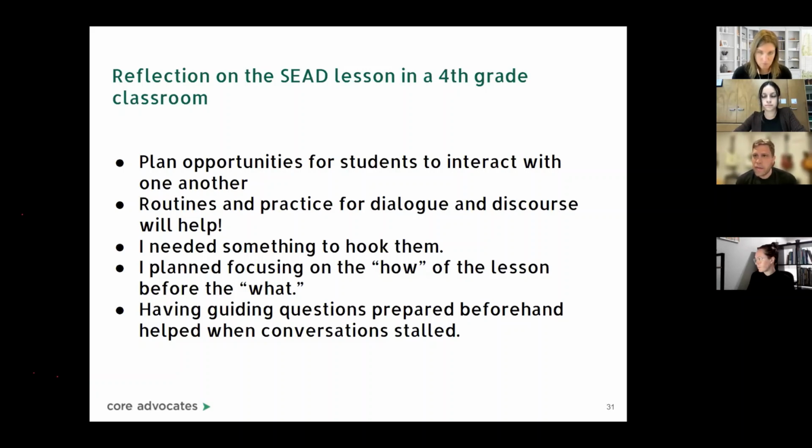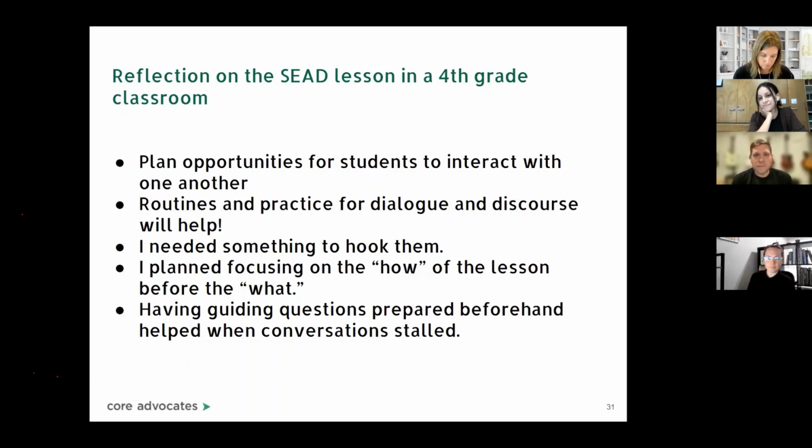This was something I had thought about in the planning phase, and I even wrote some questions on a little note card. When they were doing their small group work and I was walking around and you could hear a little bit of crickets, I had some questions that would pique up the conversation and get them talking again. I was just walking around from group to group, trying to fan the flames, so to speak,